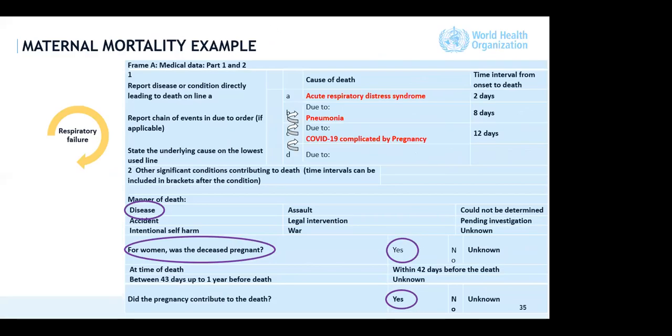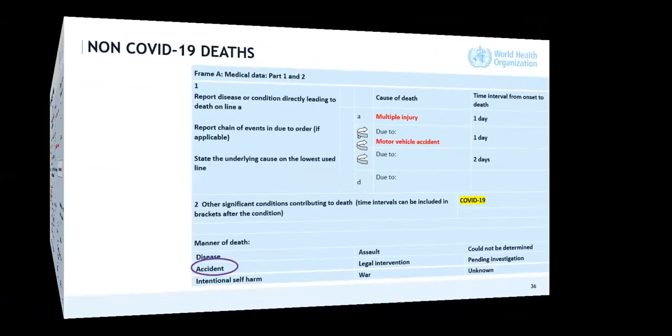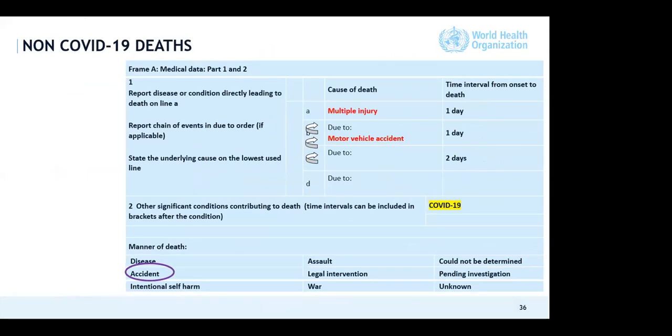Then we have another one here of a pregnant mother that died of COVID, suffered acute respiratory distress syndrome, had pneumonia, and COVID-19 complicated by pregnancy. You can see these combinations. And the days and so on, we have put them there. And second last is